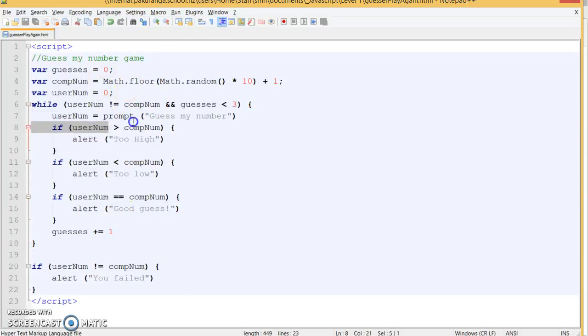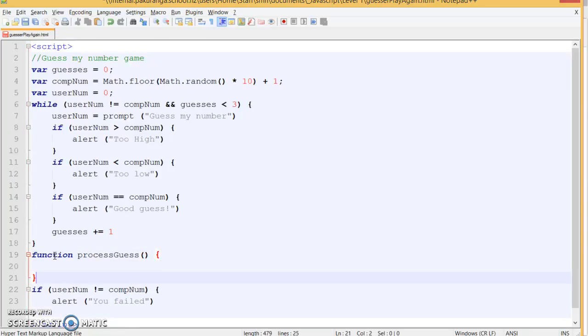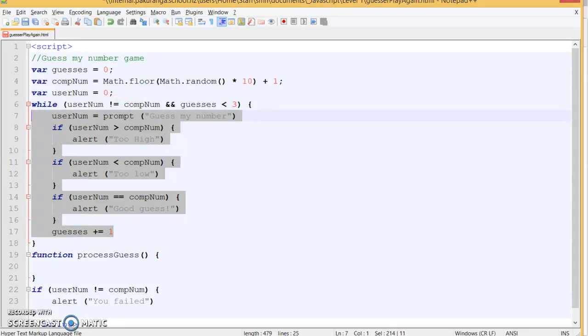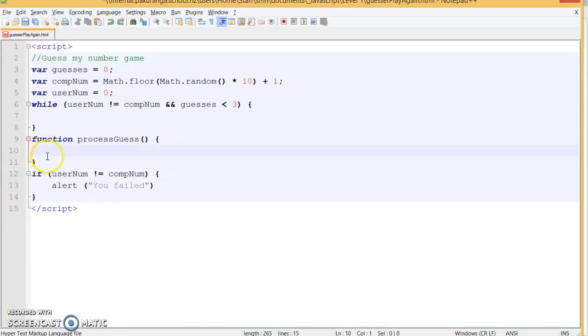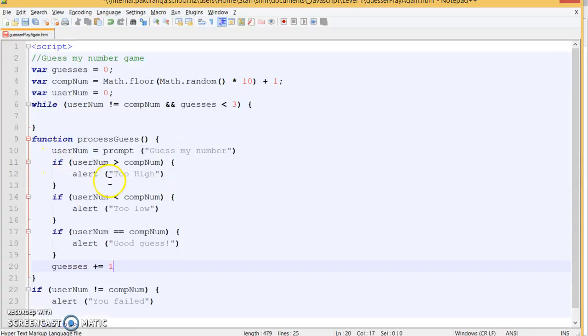So what I'm going to do is take some of this stuff in here and put that into a separate function, processGuess. What that code does is pretty much process the user's guess each time. So I'm going to do that, and for now I'm just going to grab the whole lot. That's not the correct thing that I will need in this case, and we'll see why almost immediately,